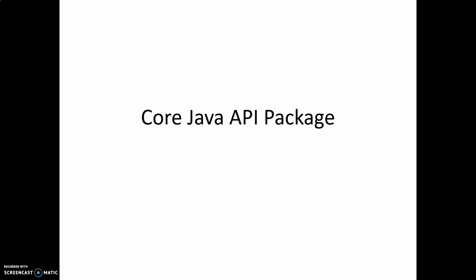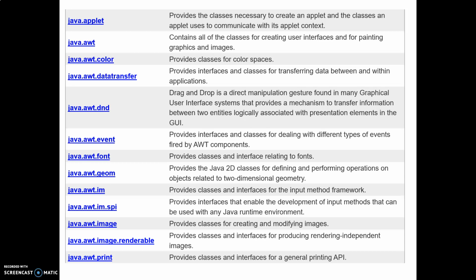Hello friends, now let us see some of the core Java API packages present inside the JDK, which come as a standard for any of the JDK packages. In the core Java API packages, the first one is the java.awt package, which we are already aware of. The applets and everything make use of the abstract window toolkit package, and inside this we are making